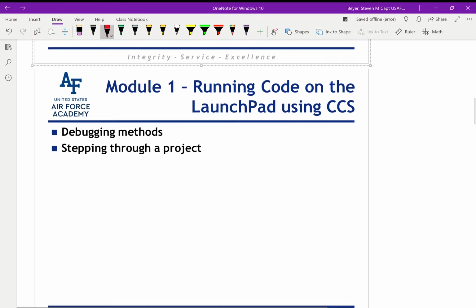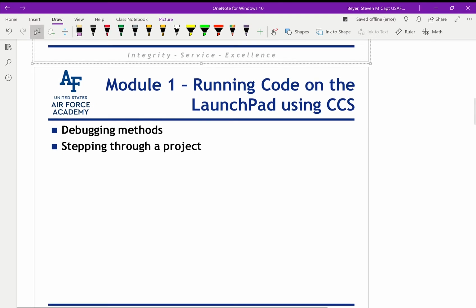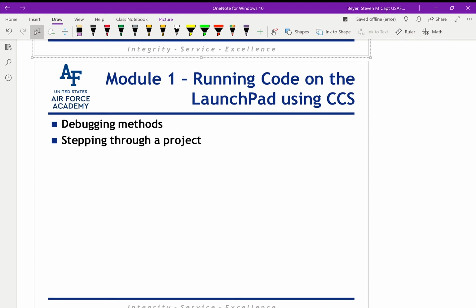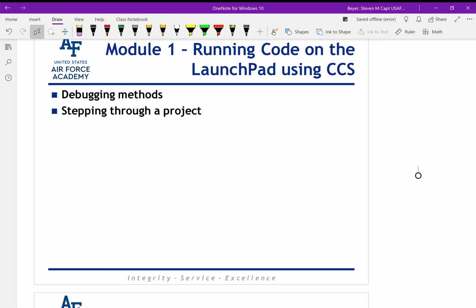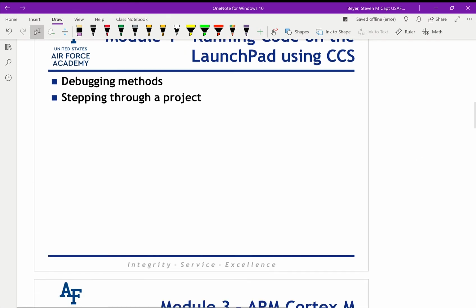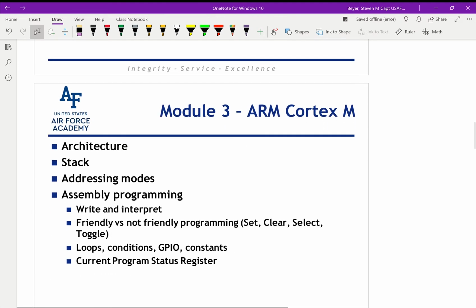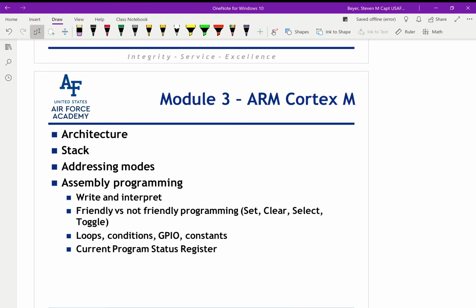All right, first module, running code on the Launchpad using Code Composer Studio. That was basic stuff, debugging, stepping through a project. Don't expect a whole lot of questions on that kind of stuff. We're not really going to test you on that. Each of the labs really works on making sure you understand that. And then we went into the assembly and the